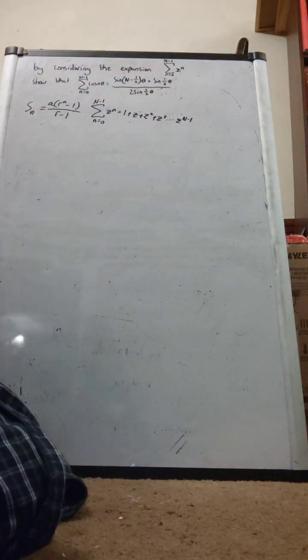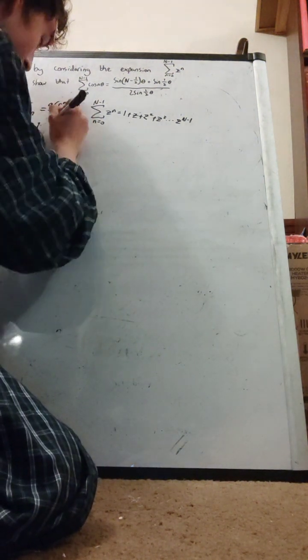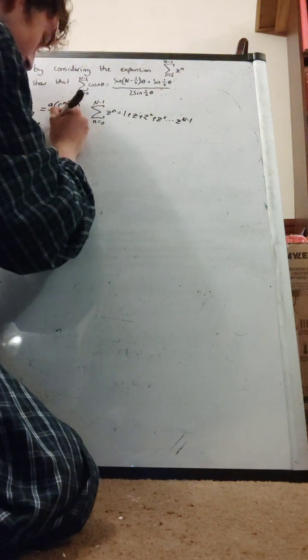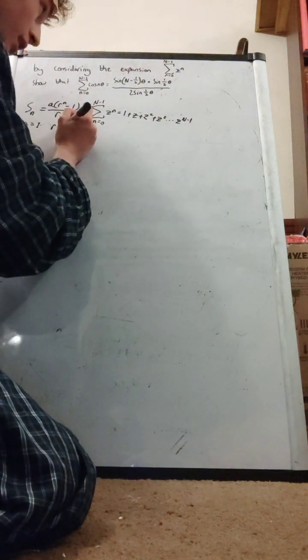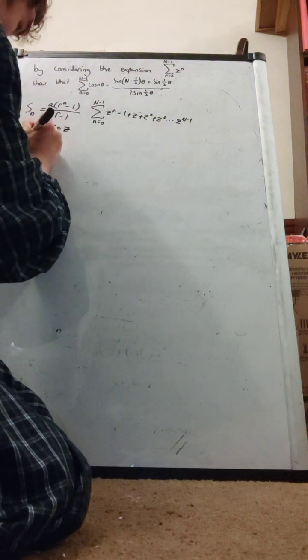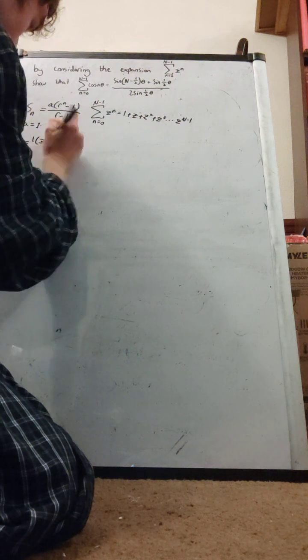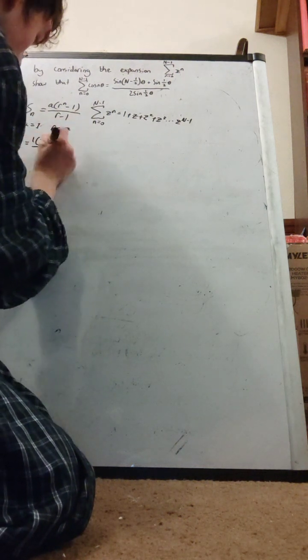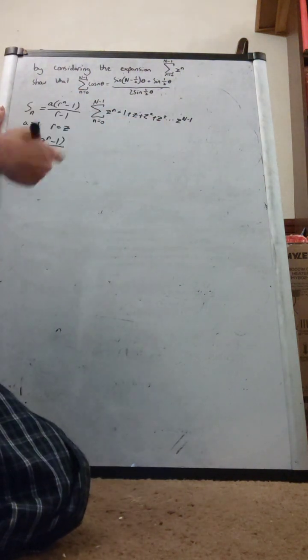We're given that. So filling in that formula, a is the first term, which is 1, and r is our changing term, our ratio, which is z. So this formula would be given as 1 times z to the n minus 1 over z minus 1,